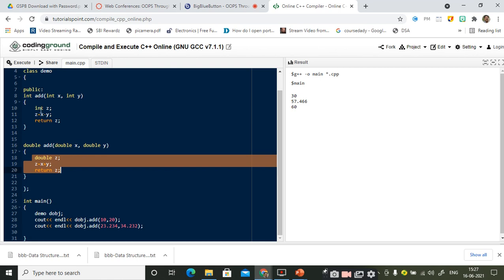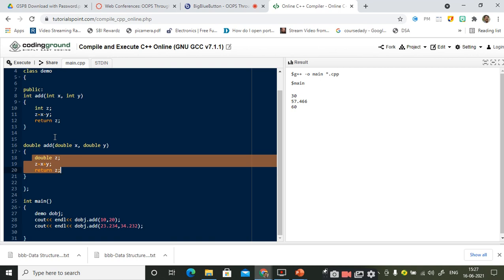So what is the difference that you have observed here? Everything is similar, right? The only difference is in the return type, or the data type on which the function is operating, or the data type which the function is returning, right? The only thing that is going to be changed is the data type. Am I right or not? Yes, sir. Right. So if you observe this code, everything is similar except the data type, right?